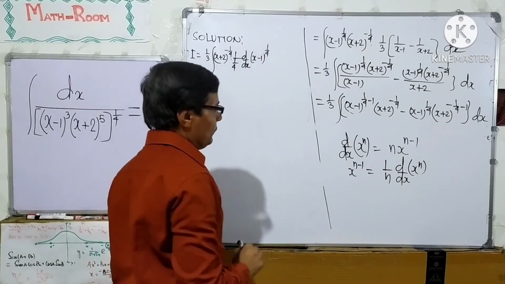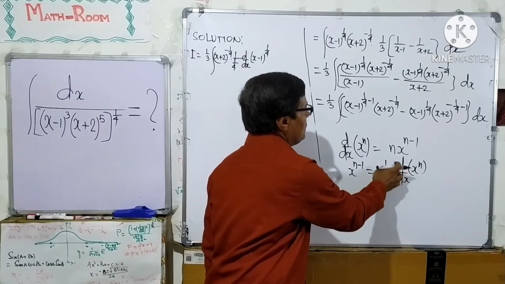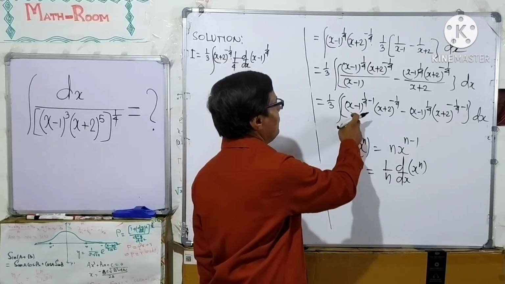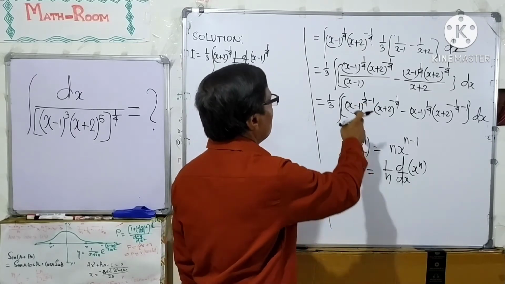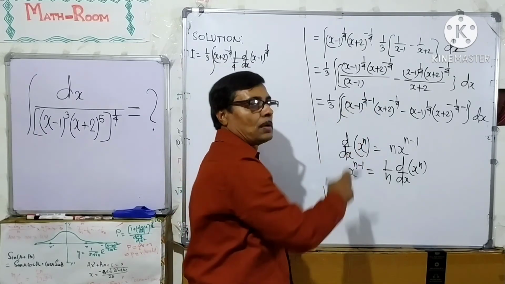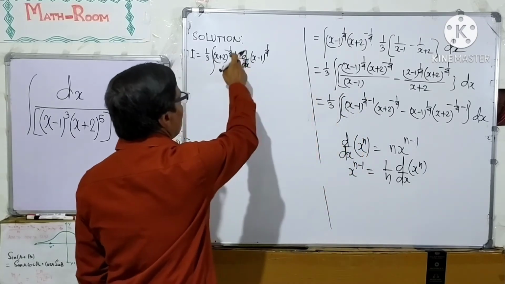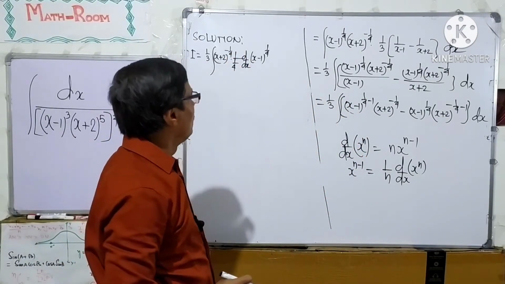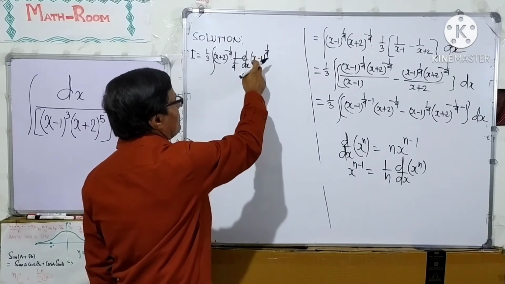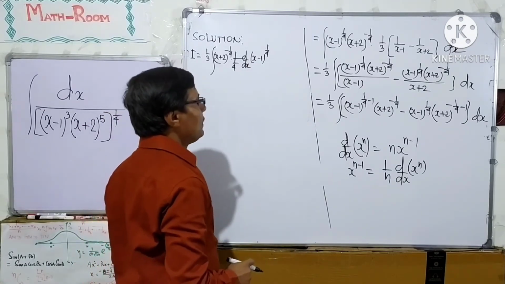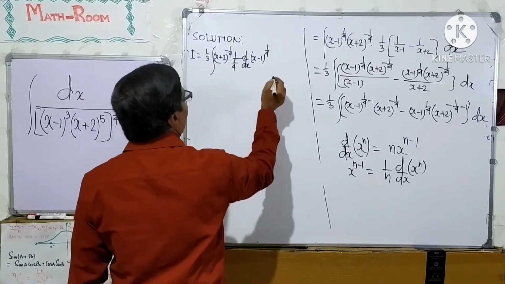This is x to the power n minus 1 is 1 over n d/dx of x to the power n. Here x to the power n minus 1 is (x minus 1) to the power 1 over 4 minus 1. Here n is 1 over 4. So 1 over n, that is 1 over 1 over 4, d/dx of (x minus 1) to the power n, n is 1 over 4, minus